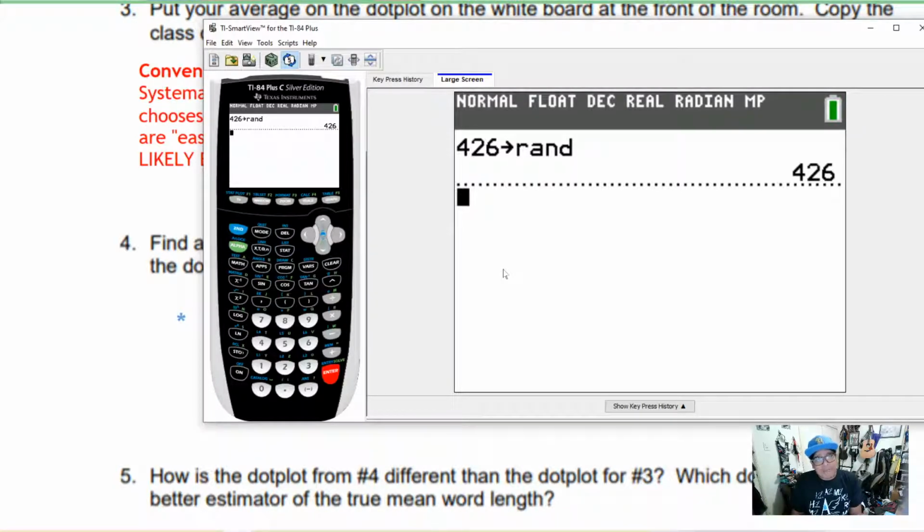Basically what happens is your calculator needs a first number to start off, so everybody has a different random number in the class. So it looks really funny when everyone's using their random number generator and they're all getting the same numbers. Well, that's going to happen if you have factory calculators. So if you have a factory reset, you're going to want to do this same thing. Okay, so now that our random number generator is seeded, they call this seeding your random number generator, you're going to want to